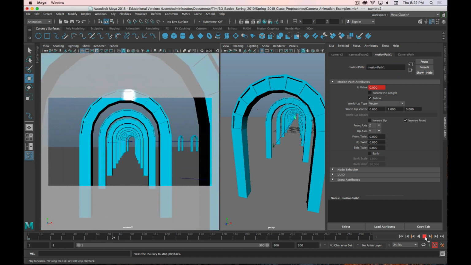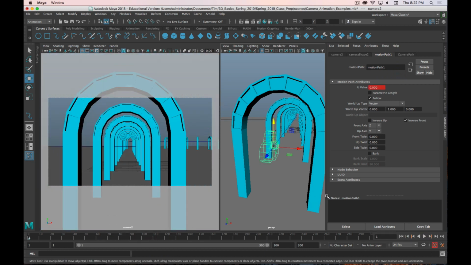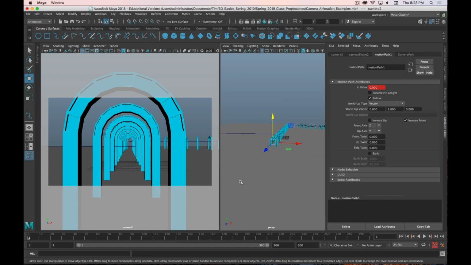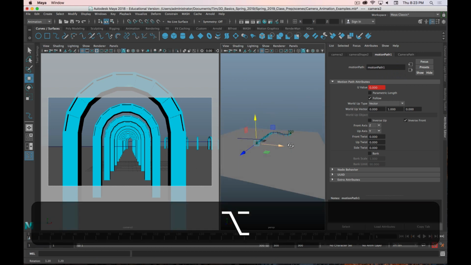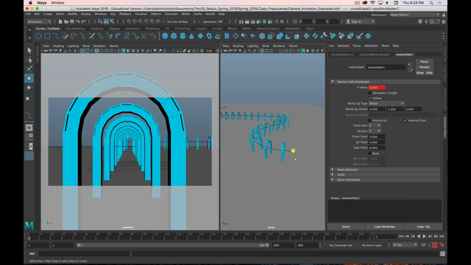I'll show you a couple more things here about this, a couple of options that you have. First thing is, let's say right now it's animating over 300 frames, and maybe you decide that that's too slow and you want to make a change. You could delete the path and add a new one, but that's kind of a hassle. The other way that you can do it is if you go to your motion path and you select, you can see at the end we've got this point that says 300, right? That's the end frame. Select that point with the left click, and in the attribute editor you want to go